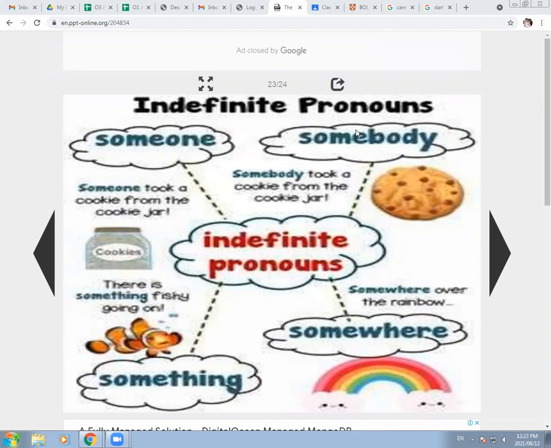I think she has lost something. Something is the example of an indefinite pronoun. Very good. So I hope it is clear to everyone. Today, what we have done, we have discussed the remaining types